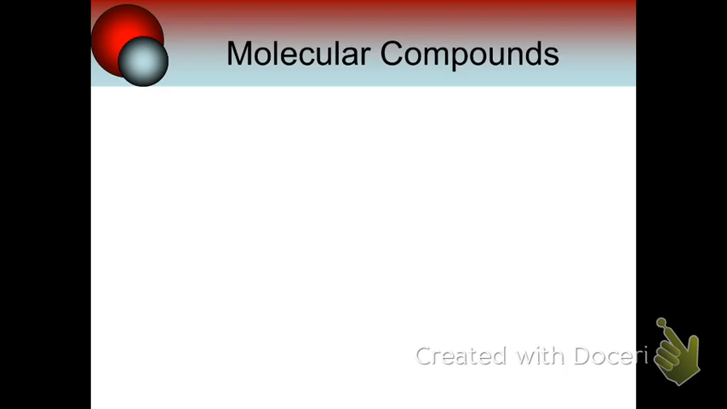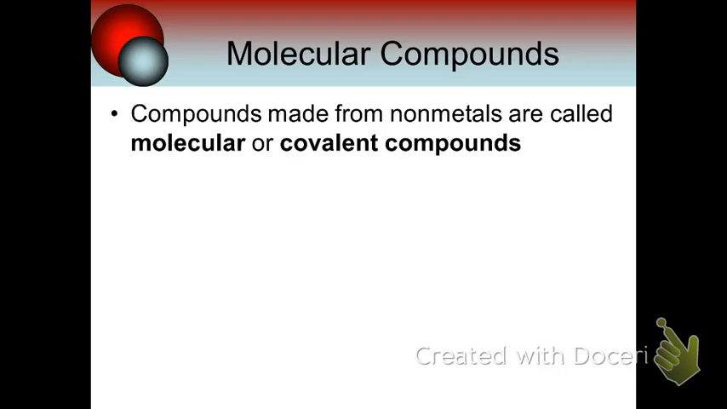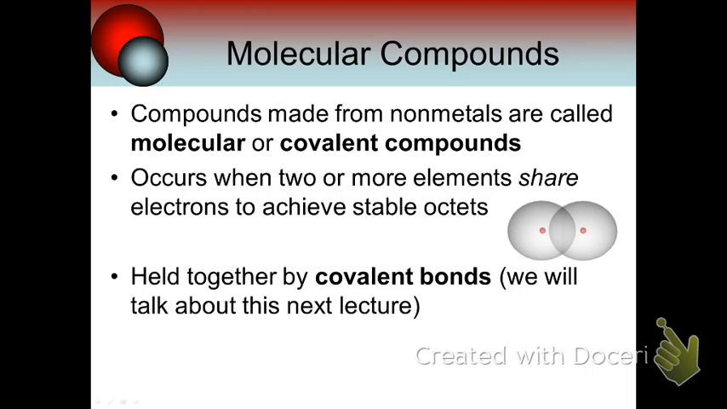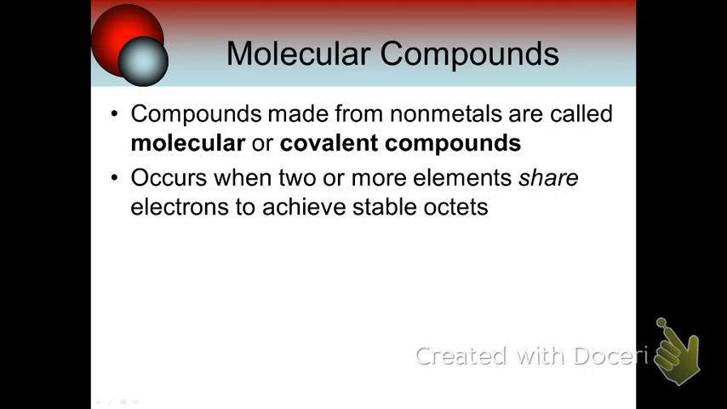So, let's talk about molecular compounds. They are basically compounds that are made from nonmetals. And again, they're called molecular or covalent compounds. So obviously the key word is nonmetals. You guys should know this by now, backwards and forwards. It occurs when two or more elements share electrons. Key word is